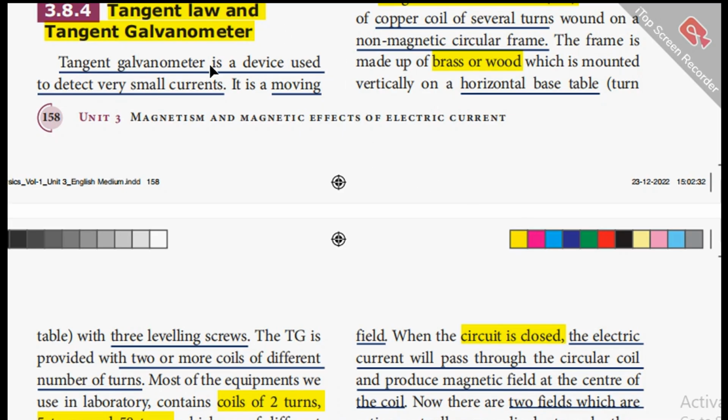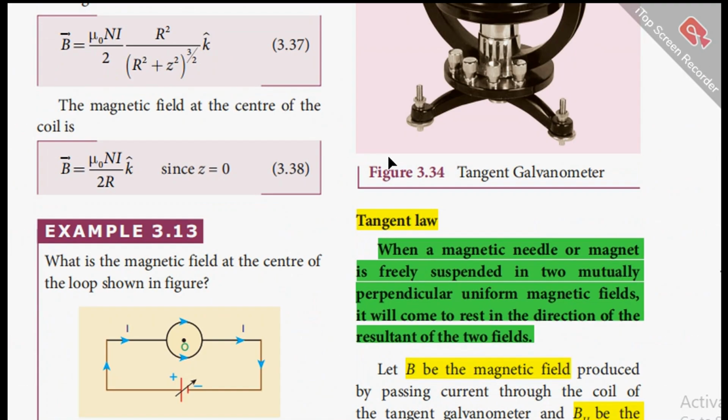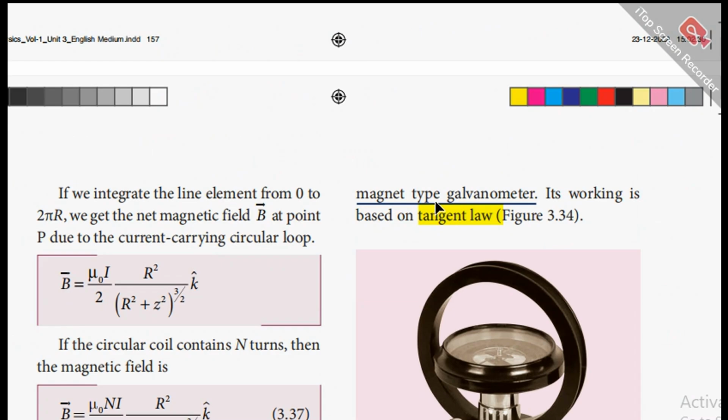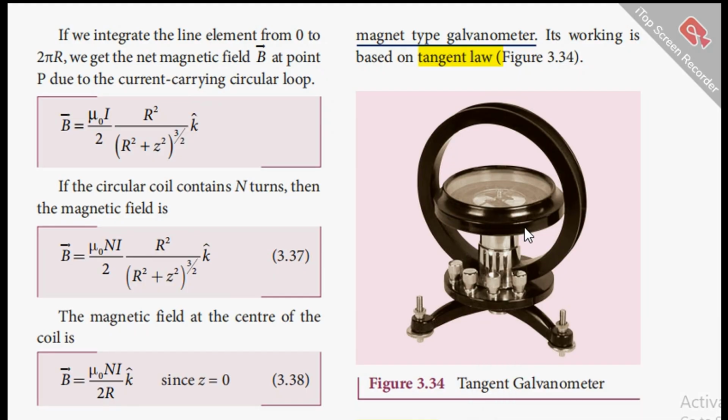What is a tangent galvanometer? It is a device used to detect very small currents, and it is a moving magnet type galvanometer, as galvanometers are of two types: moving coil and moving magnet type. Here the working is based on the tangent law. And this is the actual tangent galvanometer,